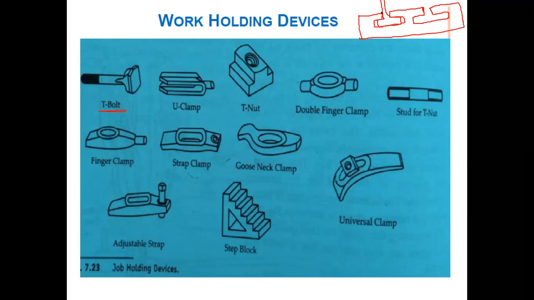Here you have threading, so you can tighten the bolt. You can keep the workpiece here, and bolt and tighten the bolts so that it is firmly gripped. Here is one T-bolt, and similarly here you can keep another T-bolt. Depending upon the size, you can keep your T-bolts here. Not only 2 grooves, there may be multiple grooves also. Like that you can use these T-bolts.